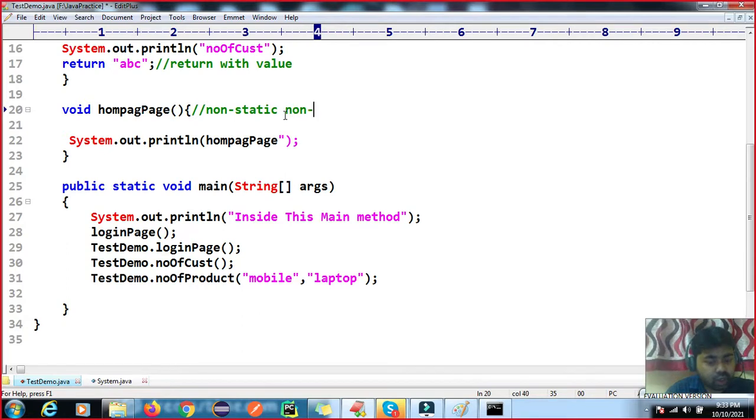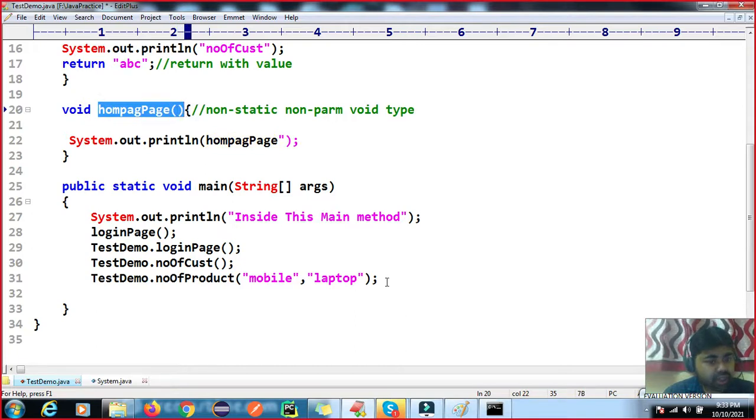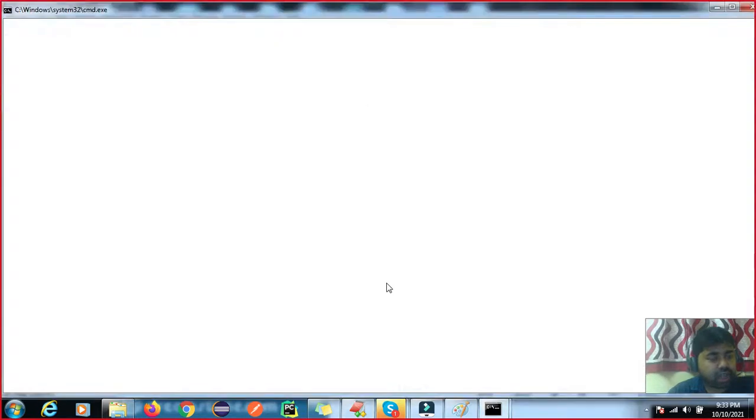Non-static, non-param, void type. So when you call this method directly, you can see what will happen.